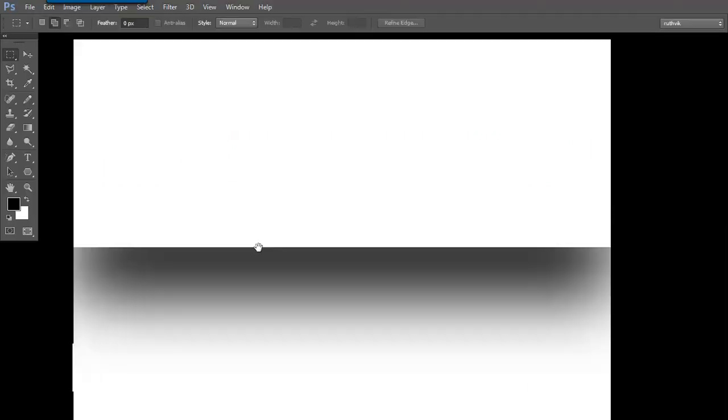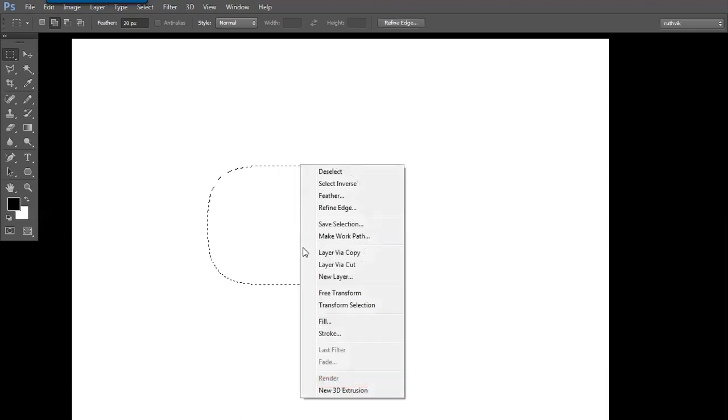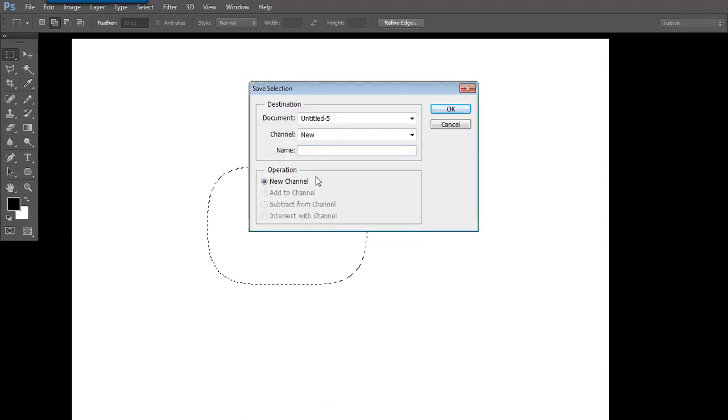Hope it is clear. So how do we get the smoothness on the screen? It is because we have cut the upper one with a hard edge. Once again, fill the white color. Let us make the feather 20 and make a rectangle here, and let us fill some colorful information. And before that, we can save the selection so that further we won't need to set 20 again.